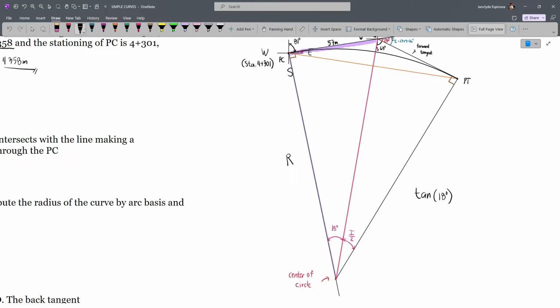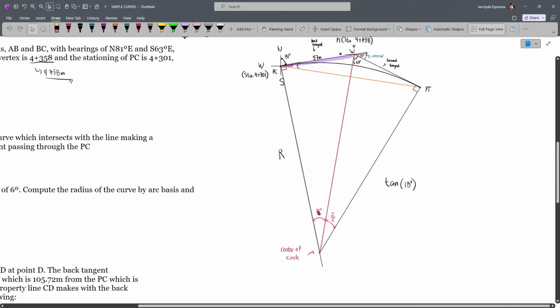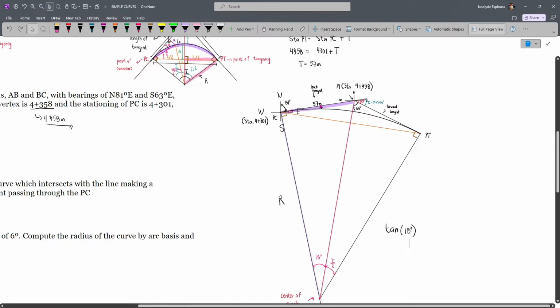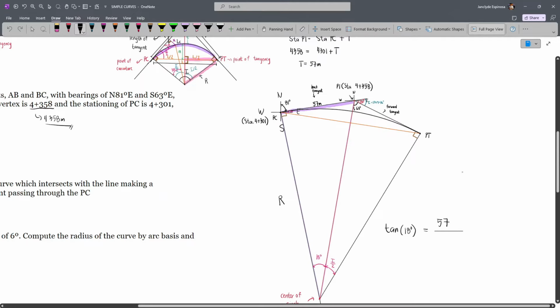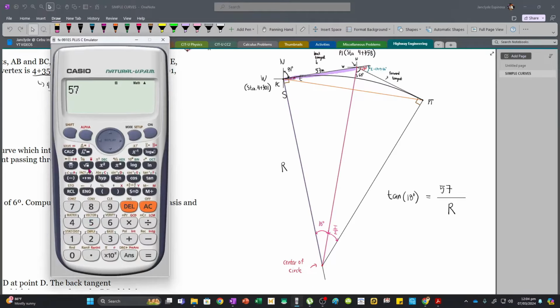And then diba, tangent is opposite over adjacent. And so our opposite side to this angle is the back tangent, which is 57. So equals 57 divided by our adjacent side, which is the radius. Kasi diba, this is our angle and this is adjacent. So divided by R, we can solve our radius. And so we have 57 divided by tan 18. That will give us